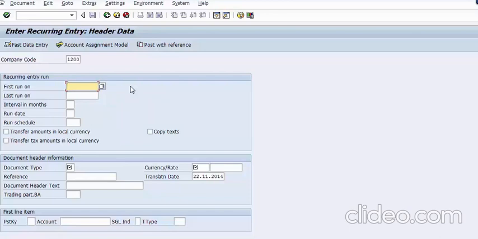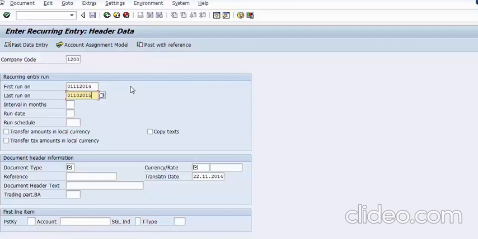Now in this you can have whatever the amount or the period that you have to pay for the recurring entries. You can take that much of amount or a gap. Like for example, if you know that the rent you will be paying would be for 2 years, so you can put the 2 years of calculation over here as a first run and the last run. For example, suppose I take 01112014 till 01102015 for 11 months. So I know that this is the rent which I have to pay from this to this